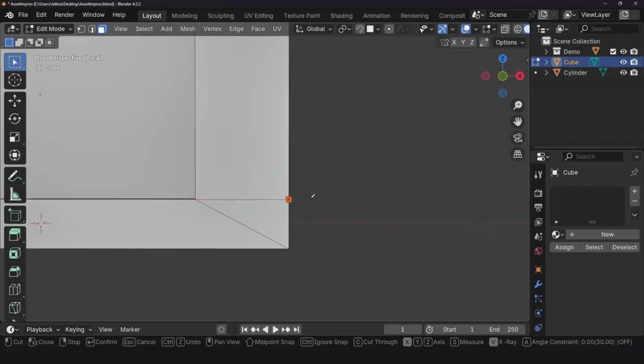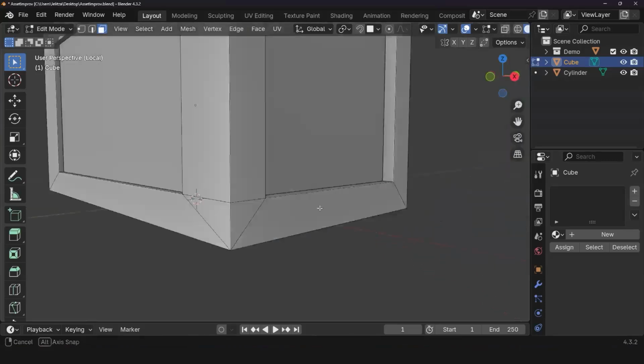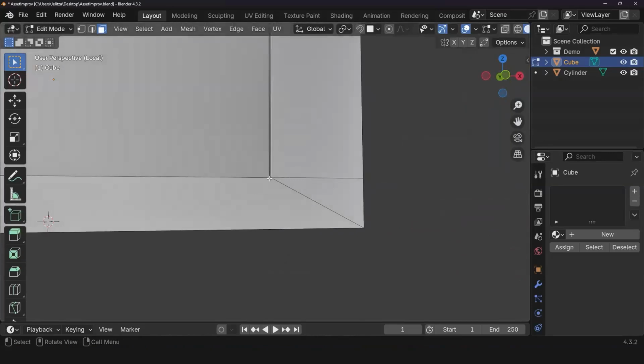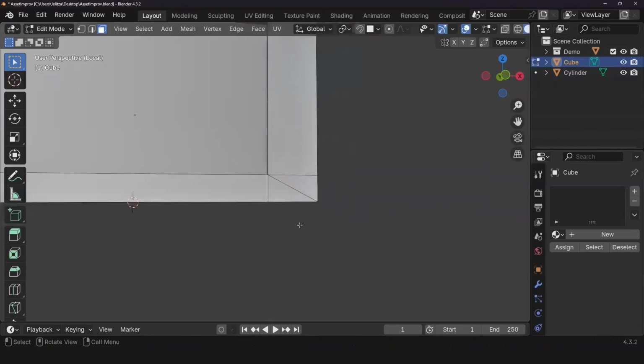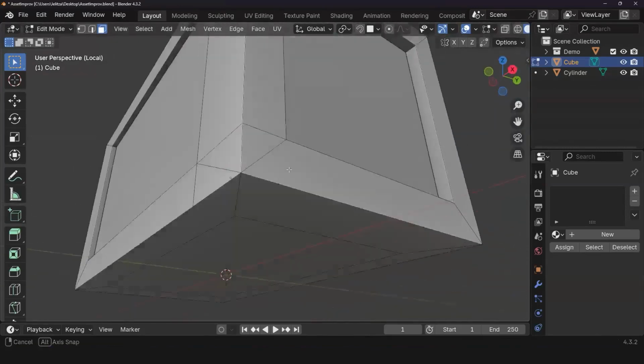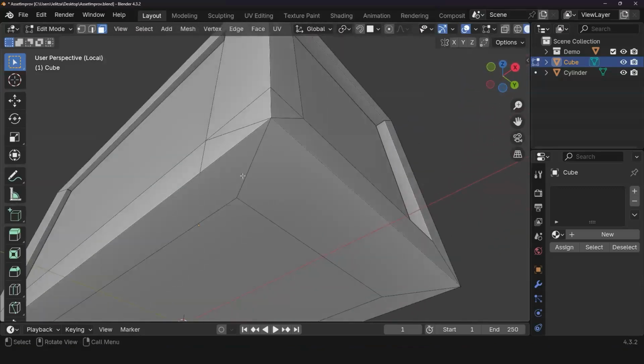So I'm going to select, I'm going to turn, but then I'm going to press Y. And now I'm cutting along the Y axis. And now I have a really nice straight line here. So I'm going to do K again. And then I'm going to do Z. And as you can see, I'm cutting along the Z axis. I kid you not, this tool is really, really great. And of course I need to do the bottom as well.